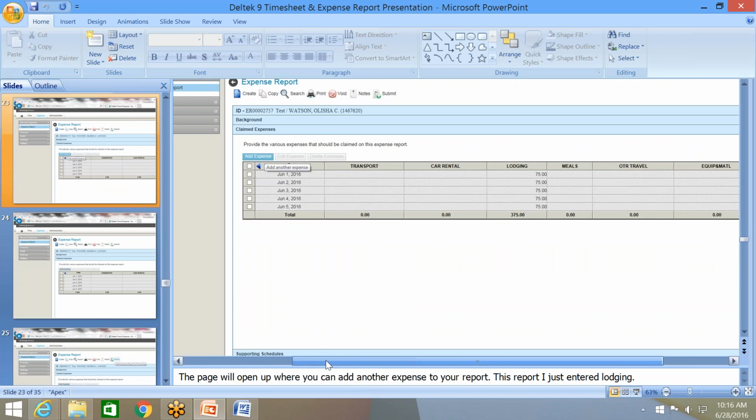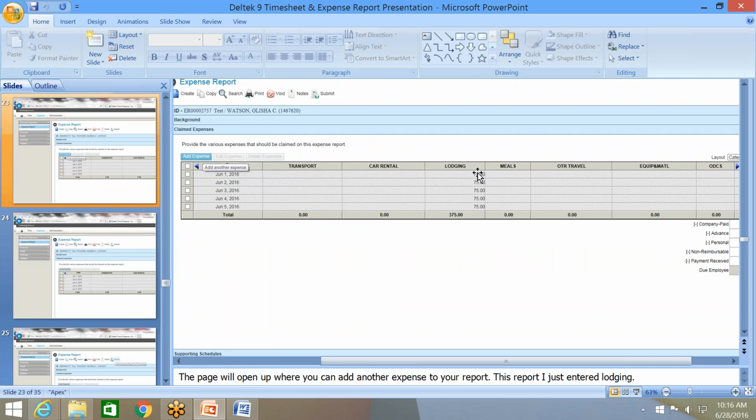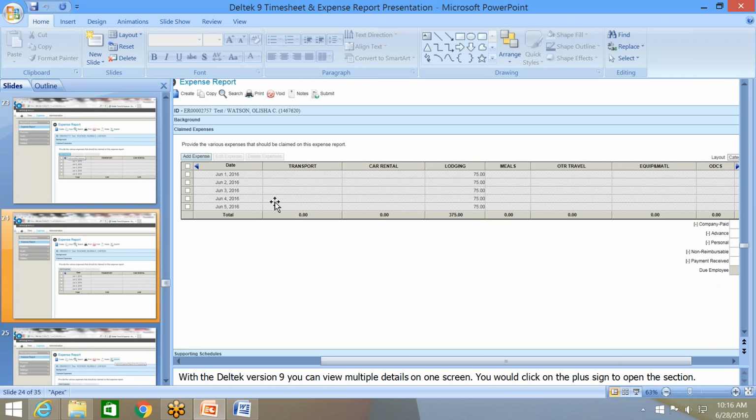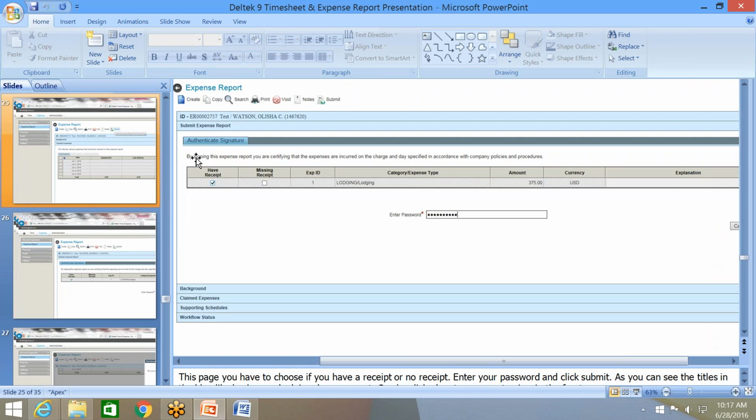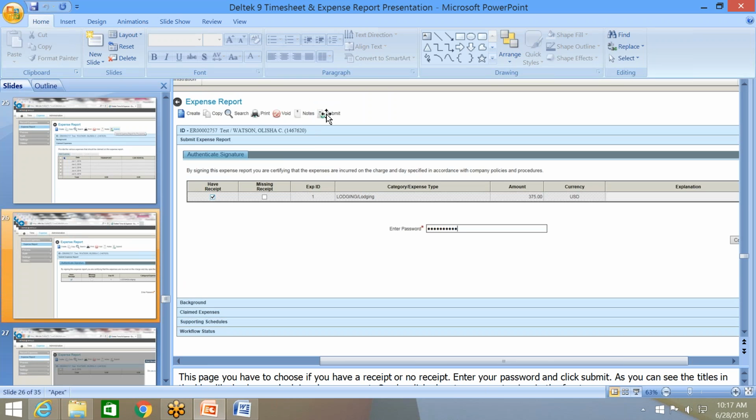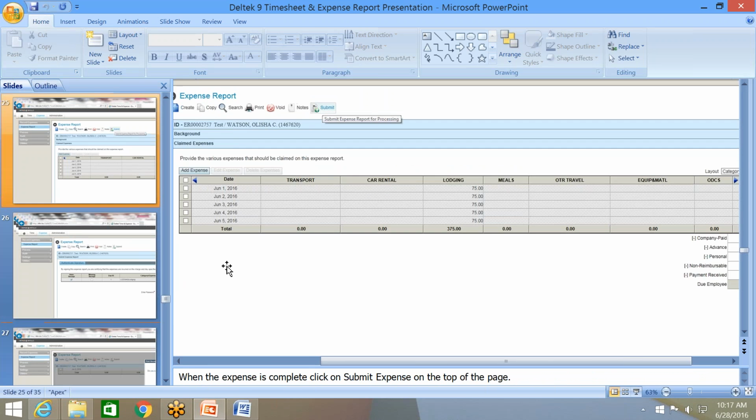Now, for this expense report, if you want to add a car rental, transportation, etc., you go back to add expense right here, and this is where you would choose again to add an expense. Let's go back one. Say you're done here, and this is all you wanted to do, and now you want to submit it because everything is done and good to go. You click submit on the top,